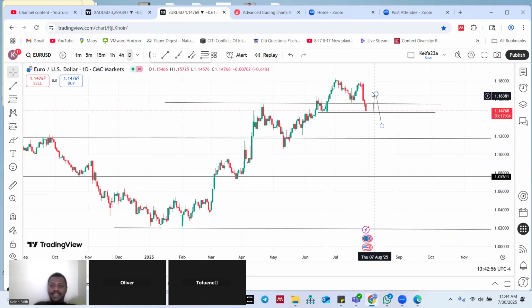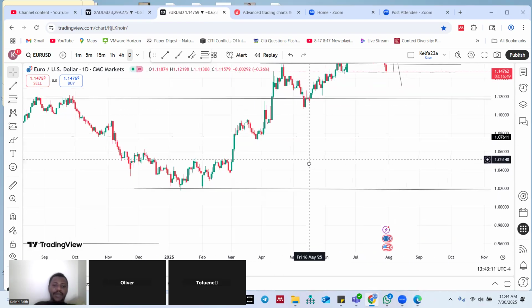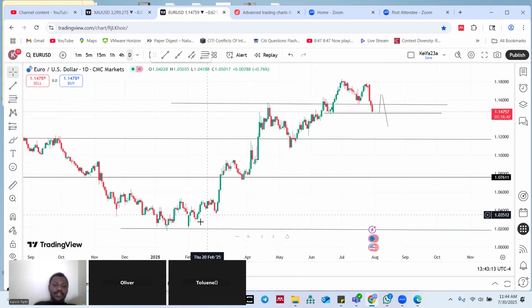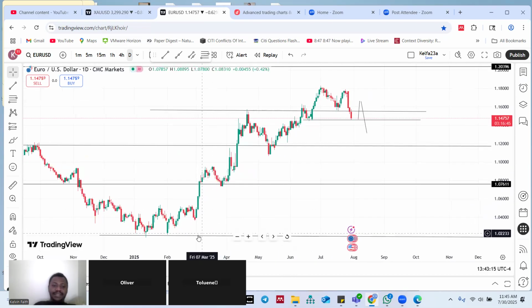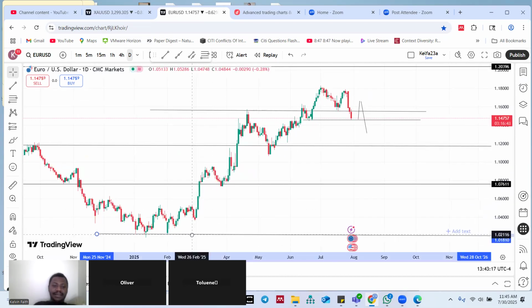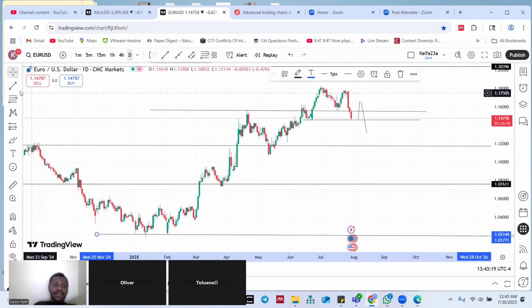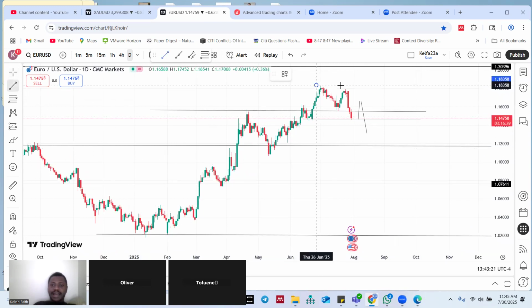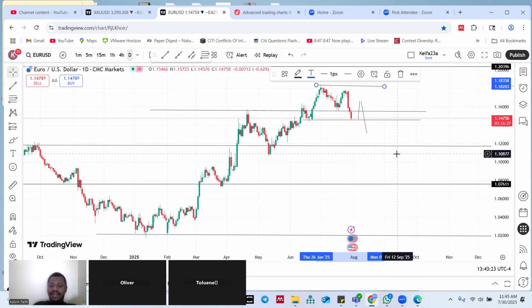Once we see something like this happen, we are going to go bearish, or we are fully bearish. But my question still remains, where is price going to draw to? So if I'm going to use the most recent swing low as this area, and the most recent swing high as this area, then